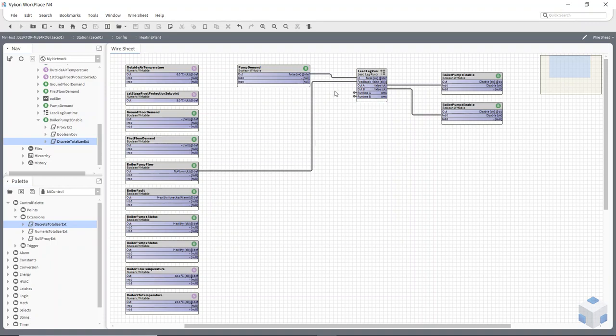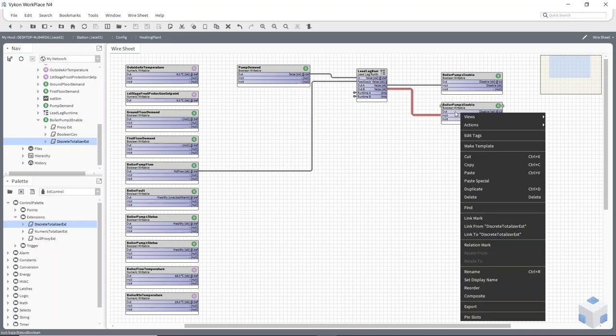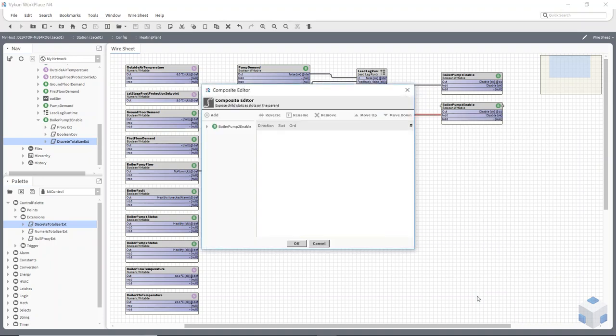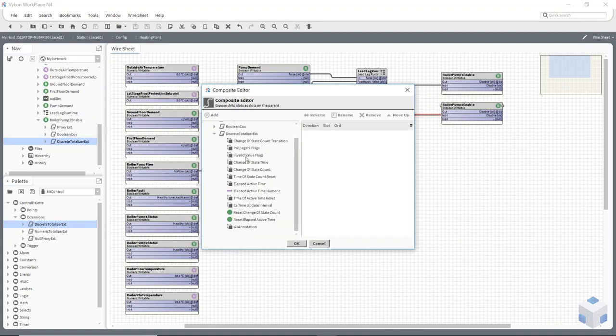What is also quite useful is the ability to get to the reset. When I right click on one of these components at the moment and go to the actions, I still have the actions of my Boolean writable, but I don't have the actions of the discrete totalizer, which is the extension to this component. So what I can do is something called a composite. On the right click menu, just click on composite, and with this I can now get to my discrete totalizer or any object